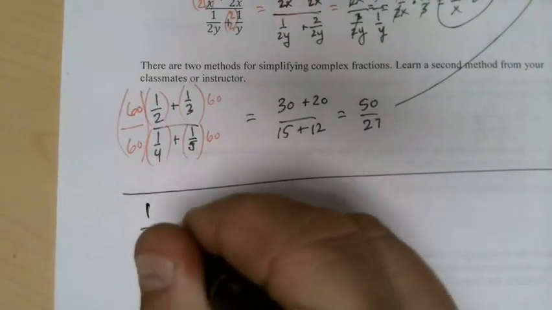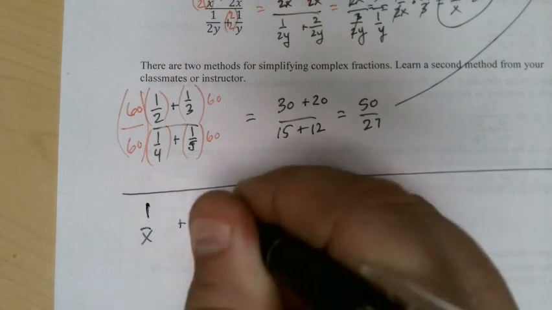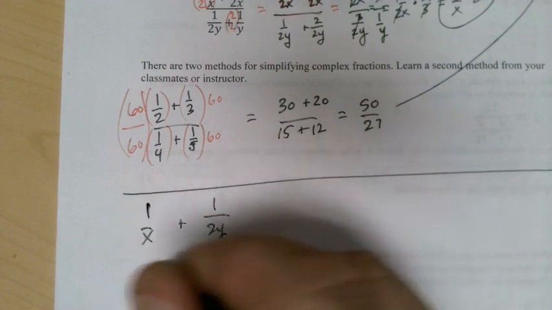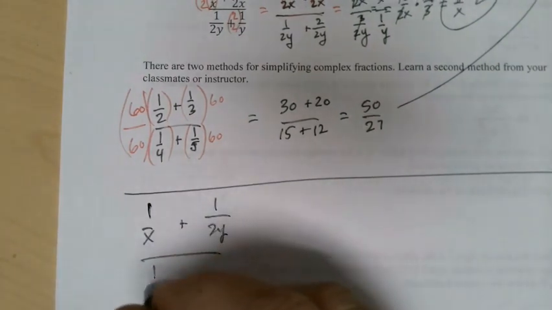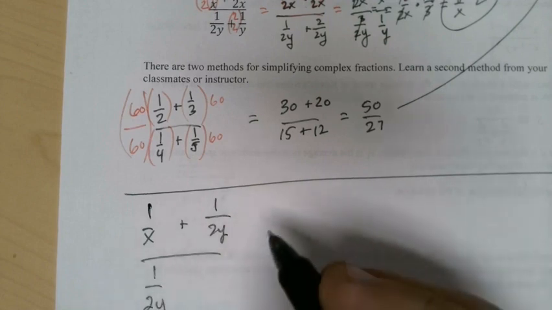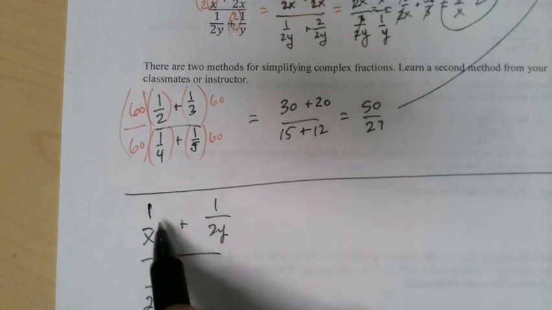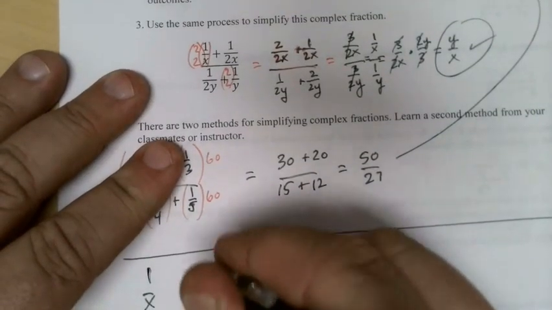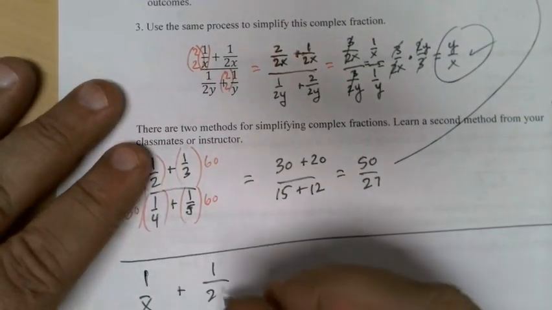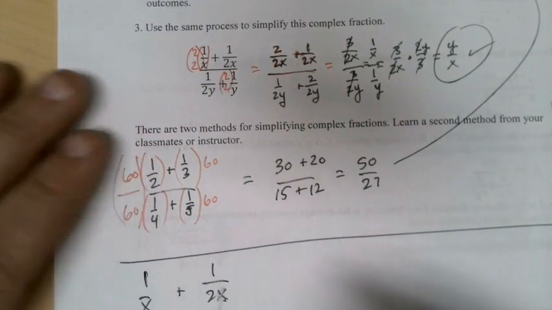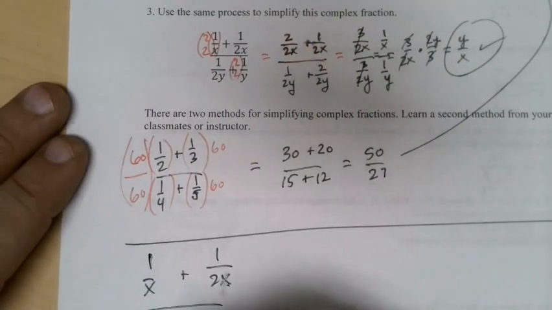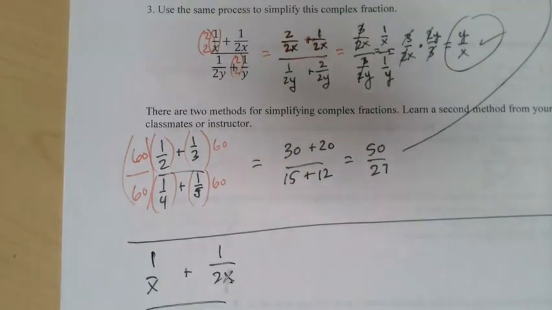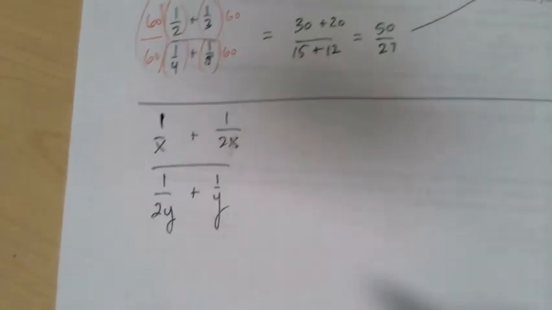Now check out what happens on variables. I'm going to copy this problem down. 1 over x plus 1 over 2x, sorry, I'm going to get ahead of myself, all over 1 over 2y plus 1 over y. Okay, so again, I look at that and I'm going to go,